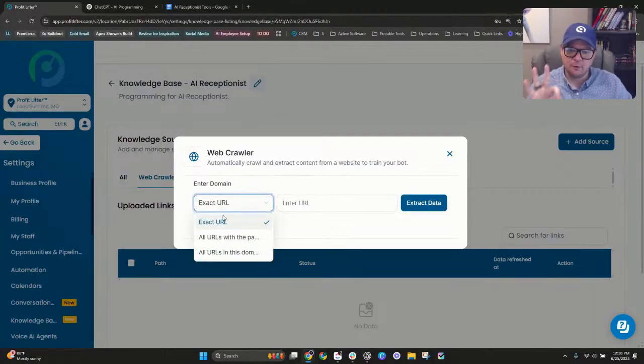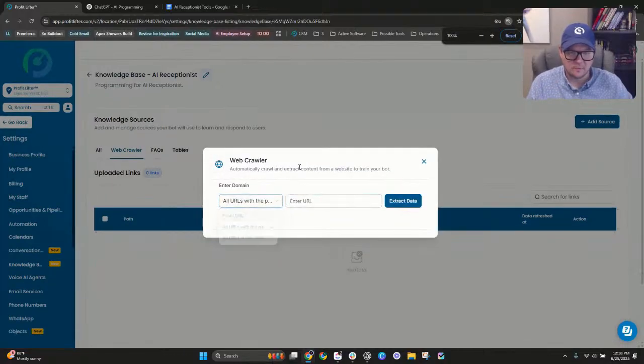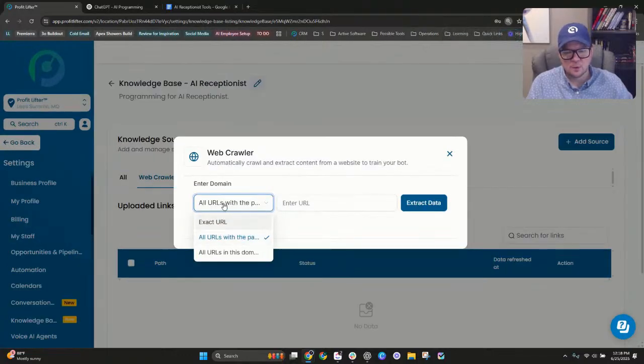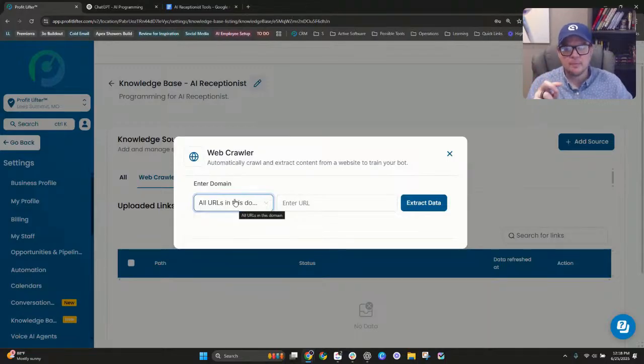From here, it's going to give you three options. You can do exact URL, URL with... I forgot exactly what these are. See if we can zoom out here. This one should be URLs within the path, and then the last one is URLs in this domain. So I always recommend that you do URLs in this domain, and the reason is really simple. We want to make sure that any of your sub pages